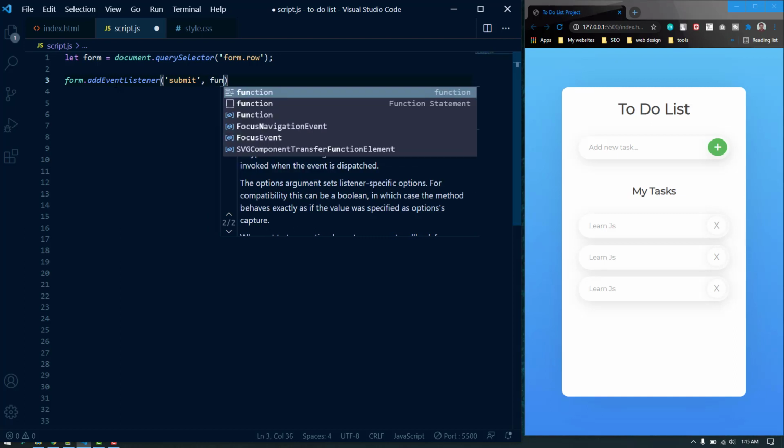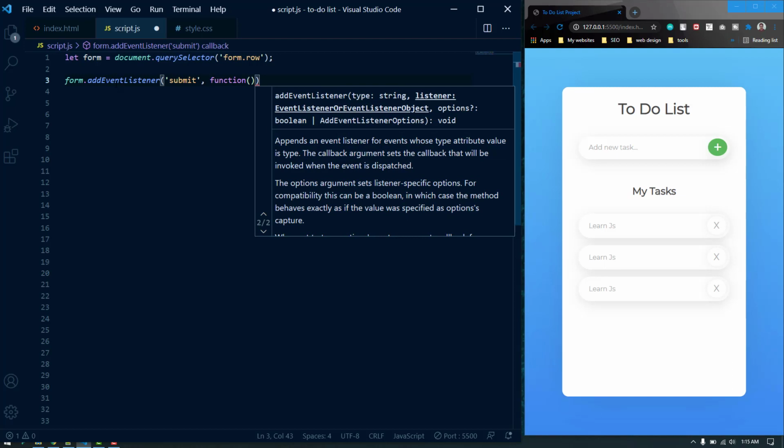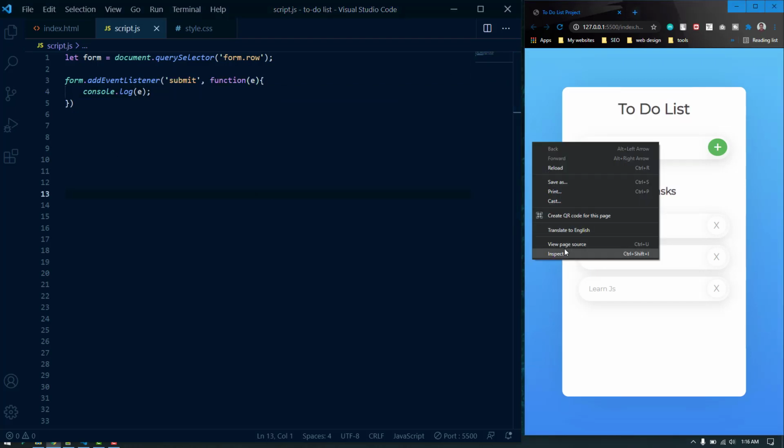So let's use the old one, which is function, and here we can add our things. But inside this function, I am going to pass an event parameter. So this event parameter will contain everything we want. So let's console.log here this e, and we can see what this event parameter contains.